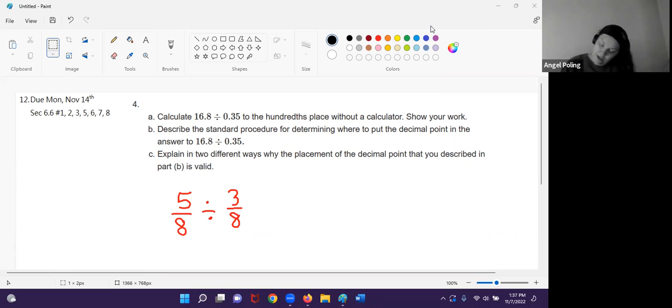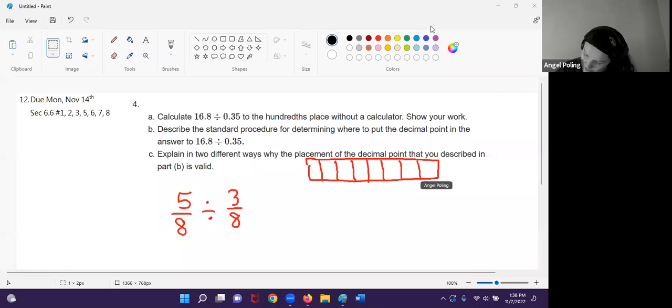Okay, so if you define a whole, and you don't probably even have to do this part, but if this is a whole and this is an eighth, then 5/8 divided by 3/8 is asking